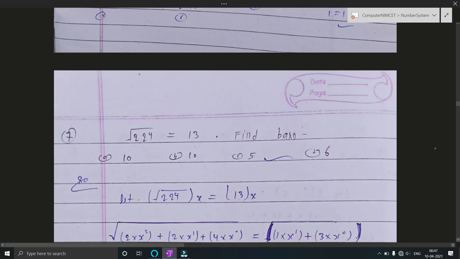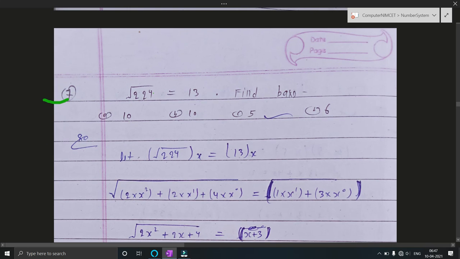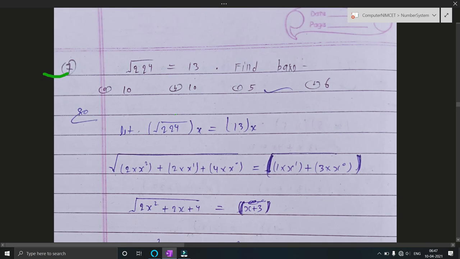Okay, this is one more question, so just solve it quickly. Square root of 224 equals 13. Find the base. So we need to find out its base. Just assume its base is x, so this equation is true for base x. So first convert